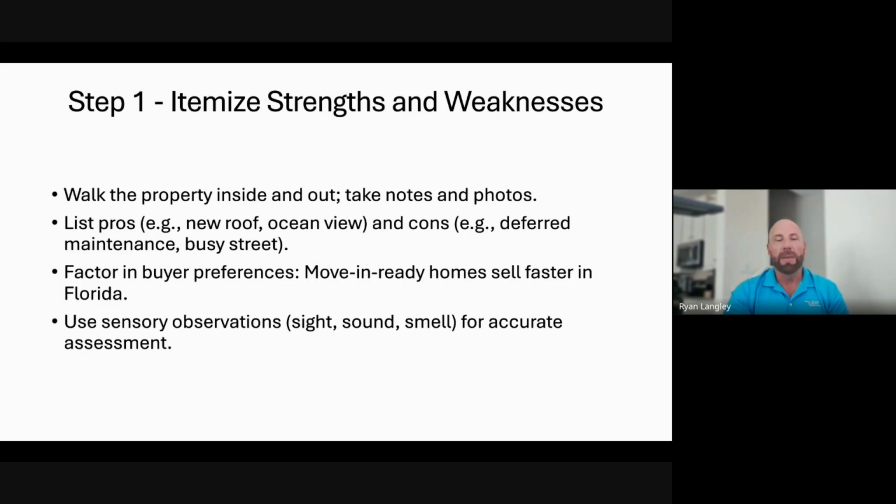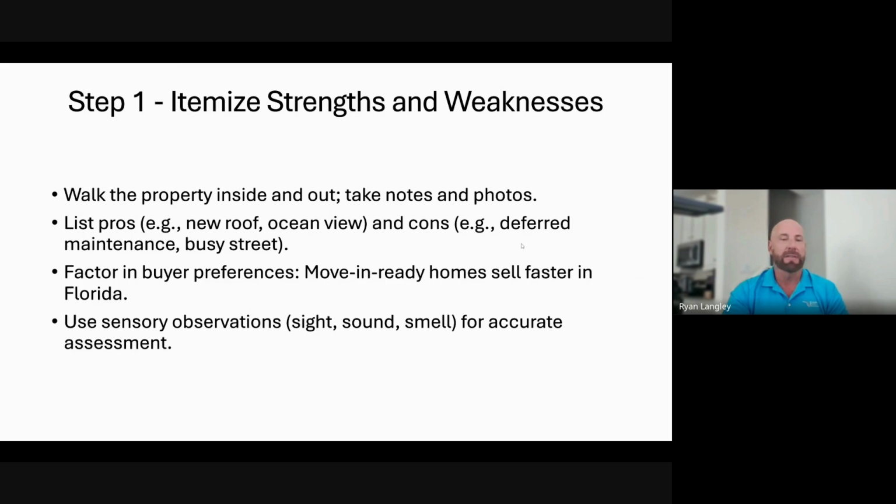Step one, itemize strengths and weaknesses. Walk the property inside and out. Take notes and photos. This is what we were talking about. This is where you get to be the expert in selling a home. List the pros, the new roof, the ocean view, and cons, deferred maintenance, busy street, all the things. Maybe the neighbors got junk in the yard, depends on the neighborhood,